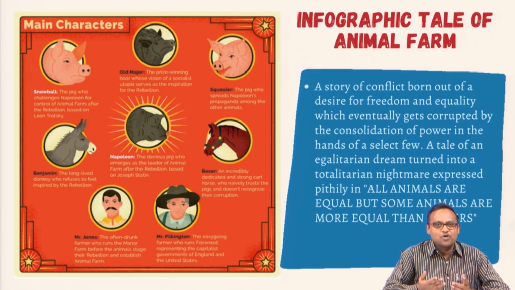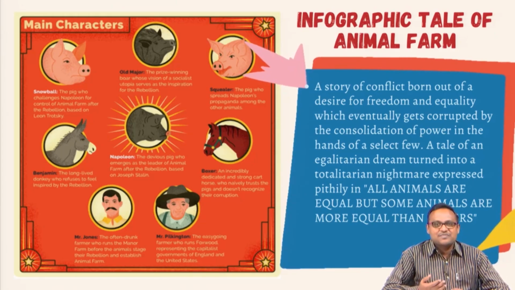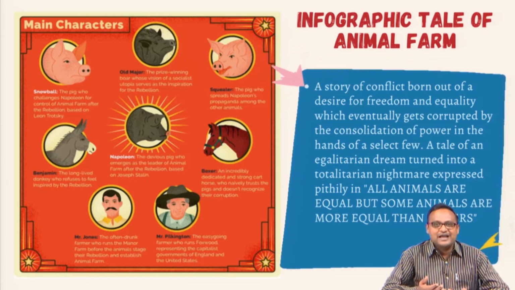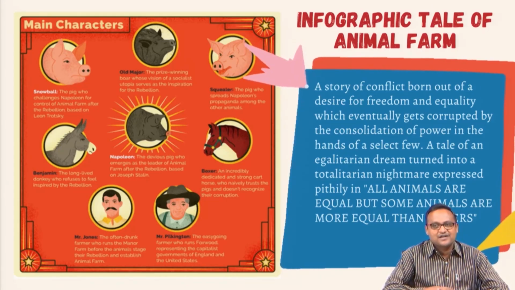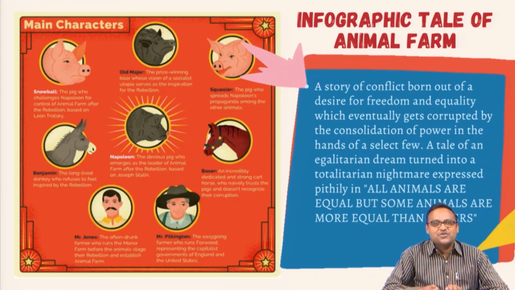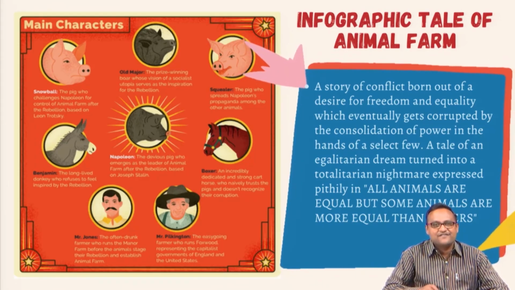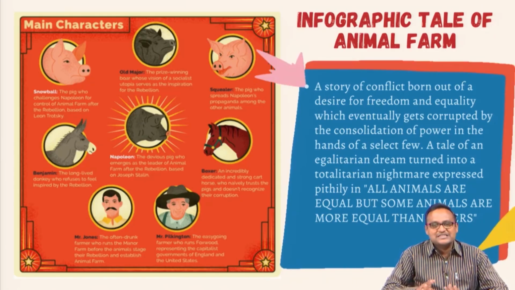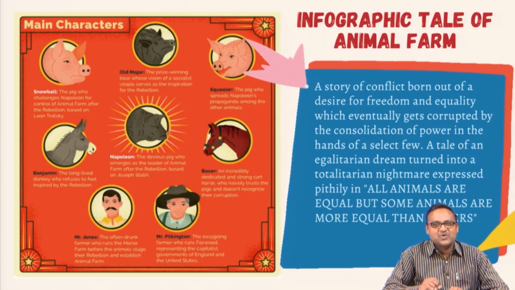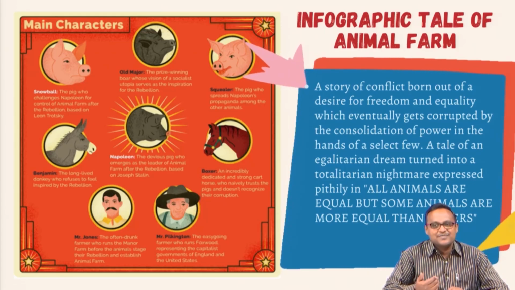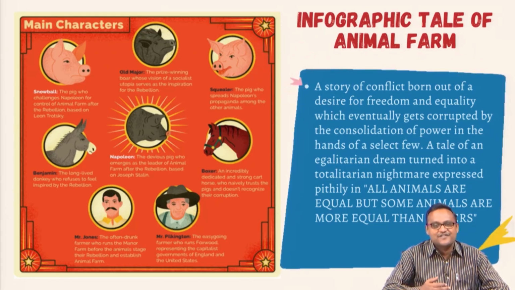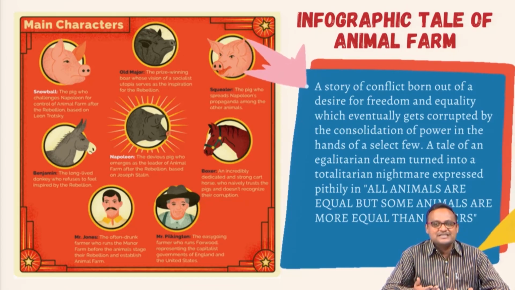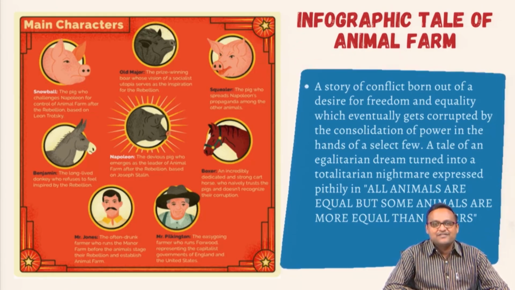Then you have Snowball, who is a major follower of Old Major, and you have Napoleon and Squealer, who are also part of the ruling elite, the pigs. And then you have Benjamin, who is basically a cynic. In fact, Benjamin the donkey is a cynic. He probably is the only wise guy in the whole novel, because he realizes that whether it is life under Mr. Jones or life under the new leader Napoleon, life for the ordinary people is as miserable as it has always been. So, a kind of a wise guy.